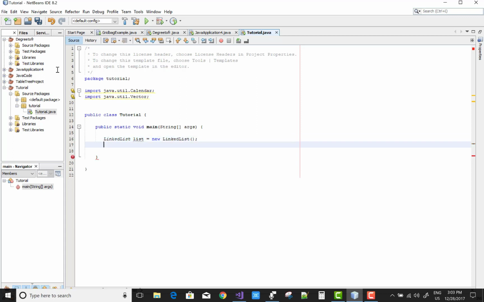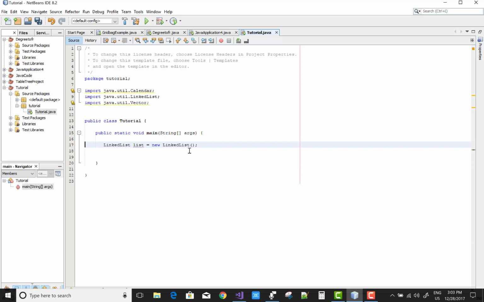So first of all, create a linked list, because Java has a LinkedList class. Using import java.util.LinkedList, the util package has a LinkedList class, and by using list.add you add some items to the linked list. After that you can add at the beginning position and the end position in the